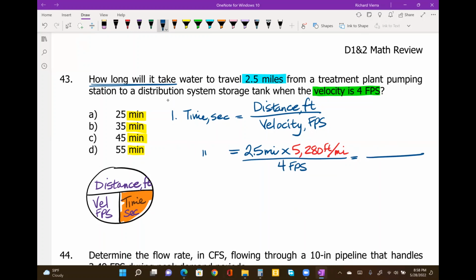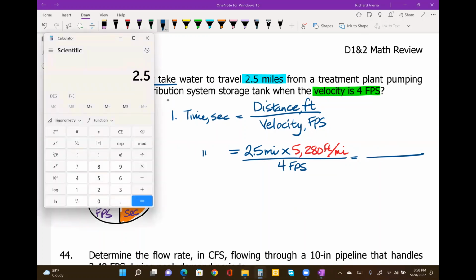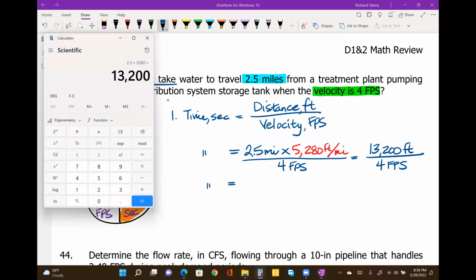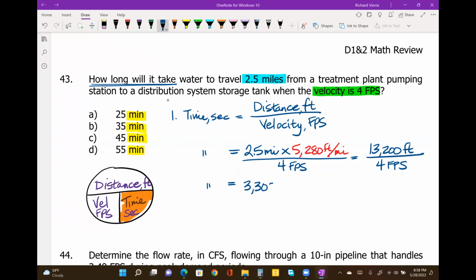All right, so 2.5 miles, 2.5 times 5,280 comes out to 13,200 feet. The water is traveling at a rate of 4 feet per second. All right, so when we divide 13,200 by 4, it tells us it's going to take 3,300 seconds. So then the last step is to convert that into a time in minutes by dividing that